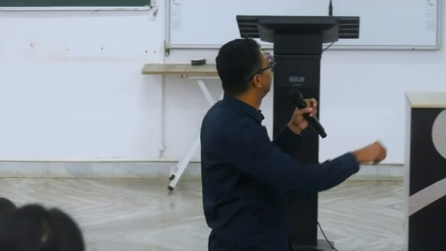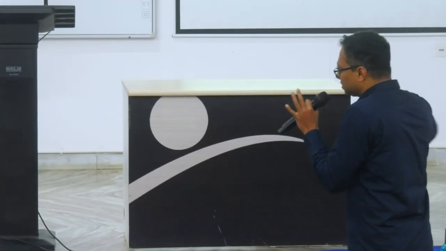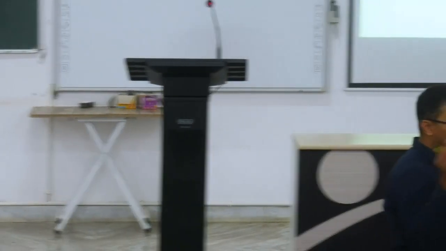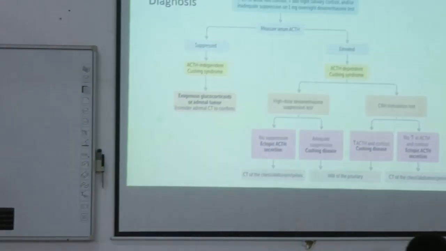তাহলে if there is suppression, if there is adequate suppression, that means ACTH is coming from pituitary. So you perform MRI of pituitary, MRI of brain, right? And if ACTH is not suppressed, that means অন্য কোথাও ক্যান্সার আছে সেখান থেকে ACTH আসছে। So you perform chest CT, high resolution CT scan of the chest, pelvis, abdomen, খুঁজে বার করতে হবে যে কোথায় ক্যান্সার আছে সেখান থেকে ACTH বেশি বেরোচ্ছে। You can do a CRH stimulation as well, but এটুকু বলতে পারলেই তোদের লেভেলে যথেষ্ট। Next slide.